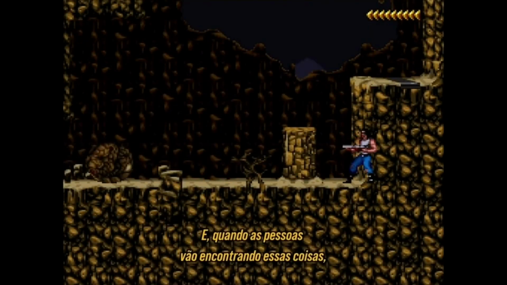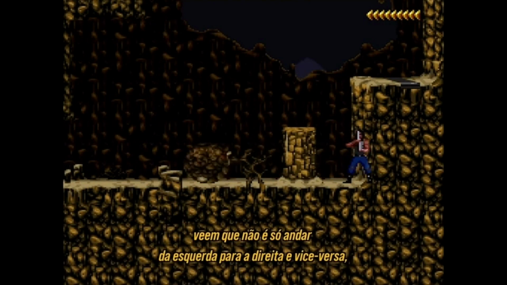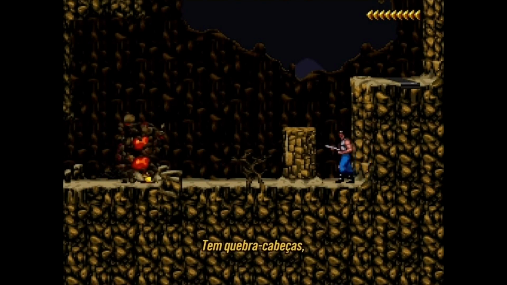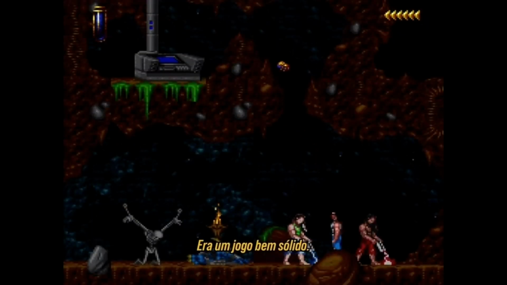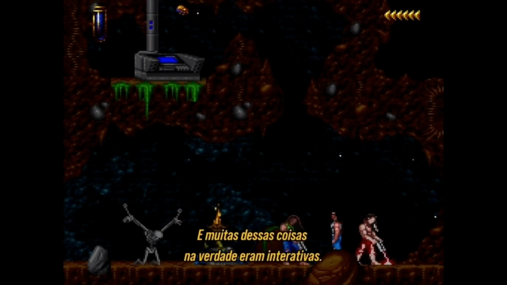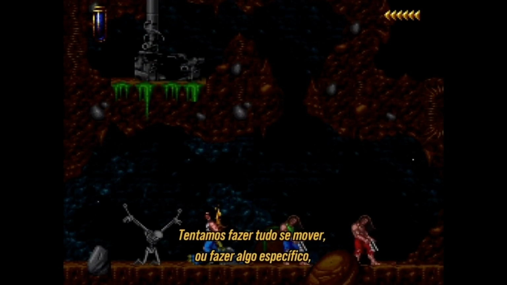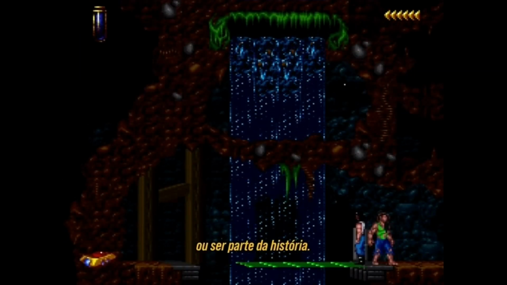I think that as people find them, they find that it's not just a walk left to right or right to left or up and down. There's a lot of puzzle, there's a lot of thought put into it. It really was a solid game. So there was a lot of those kind of things where it was just like, everything was actually interactive. We tried to make anything and everything move or do something or part of the storyline.